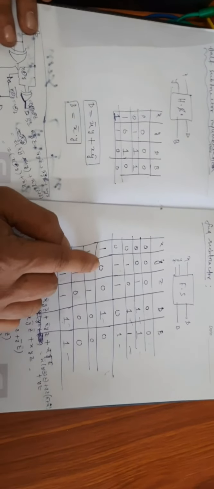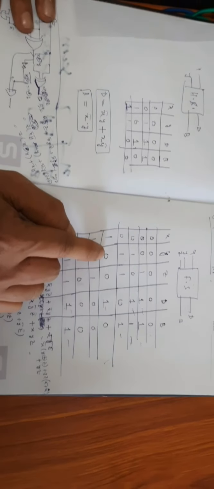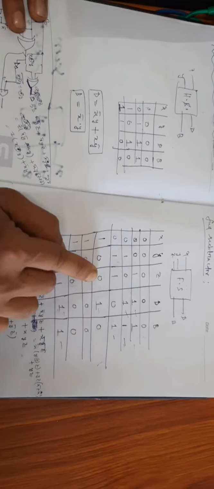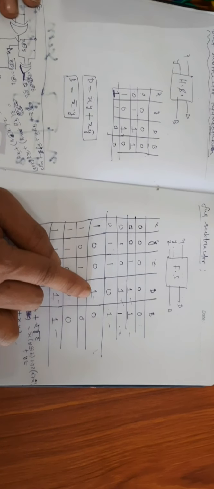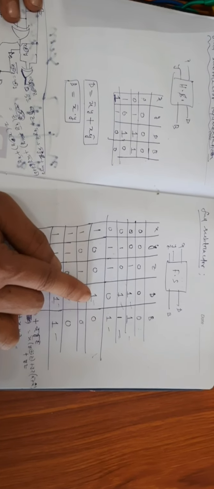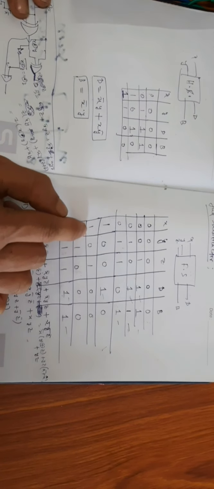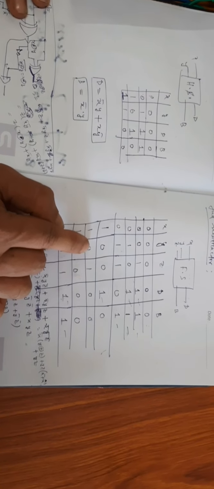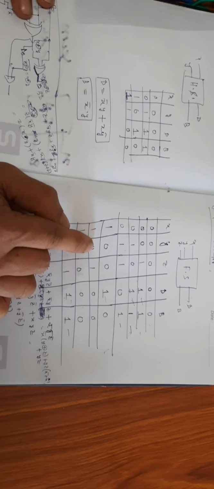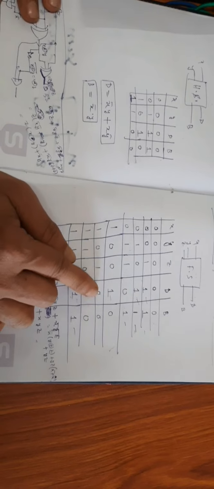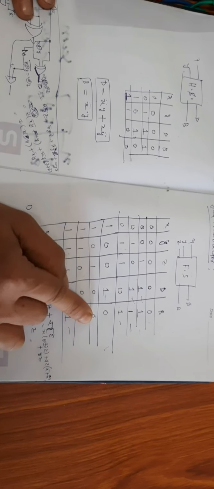Here, 1 minus 0. What is the difference between 1 and 0? 1 is the difference. That's why the difference bit is 1 and you are not taking any borrow, so the borrow bit is 0. Next, 1, 0, 1. What is the difference between 1 and 0? 1 is the difference. Then again think, what is the difference between 1 and 1? No difference. So the difference bit is 0 and we are not taking any borrow.